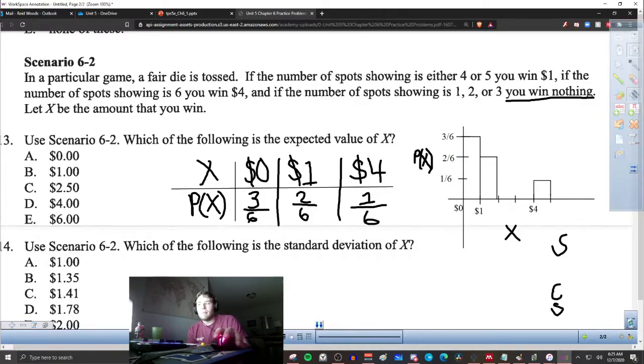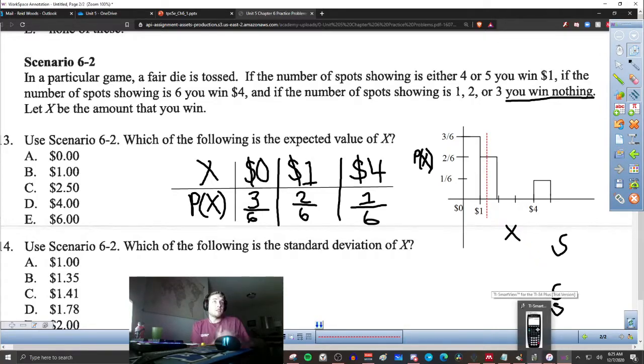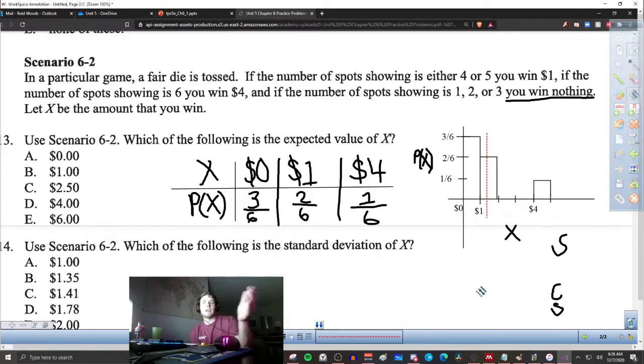If I had to find that balancing point, well, it sort of looks like this might be that balancing point right here. So we might say about 1. And remember, sometimes these can be decimals, but this is discrete. So you'd be thinking it might be a value that I expect to get. So it looks like $1 is sort of the center. Next,